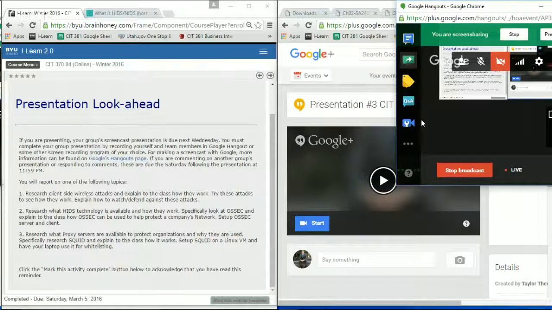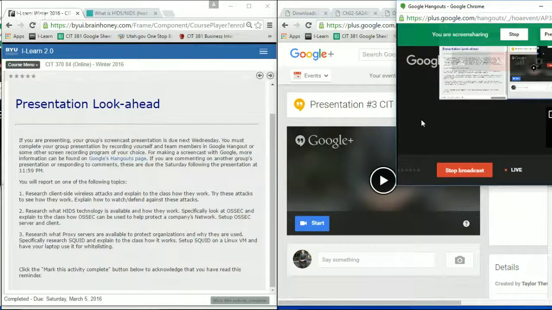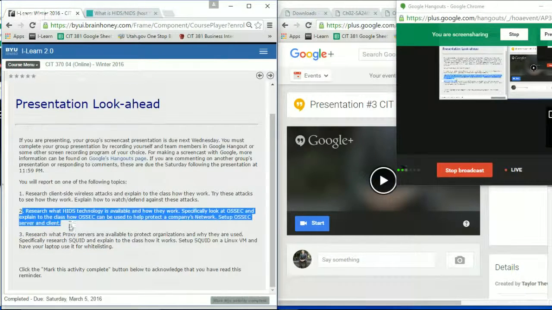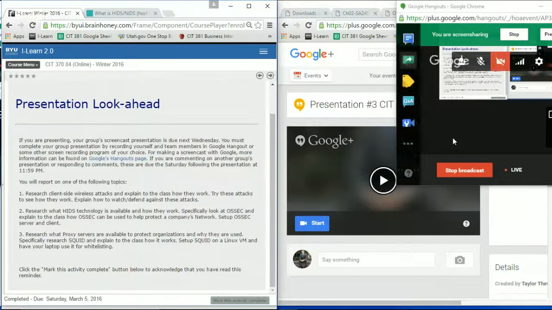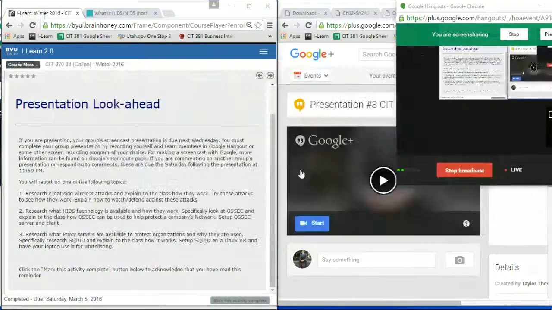This is presentation number 3 for CIT 370. For this presentation we had 3 options to choose from, and we chose option 2, which is to research what HIDS technology is available and how it works, especially looking at OSSEC, and explain to the class how OSSEC can be used to help protect a company's network, and then also set up a client and server. But first to start out, we do have a presentation